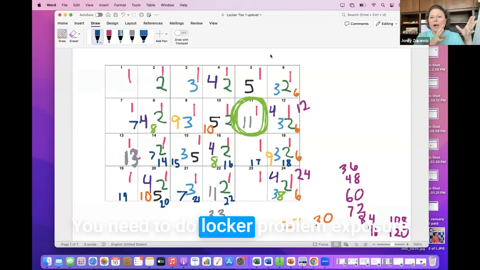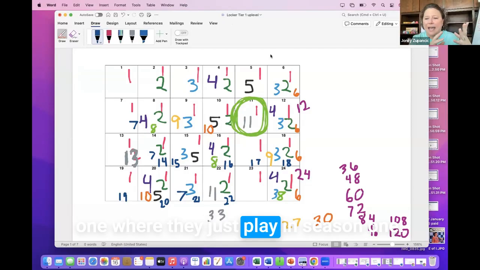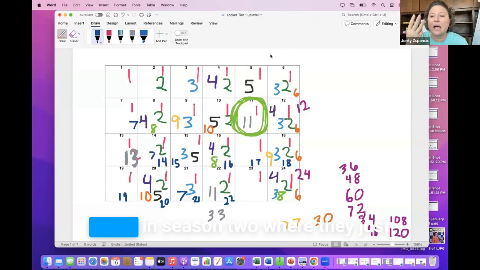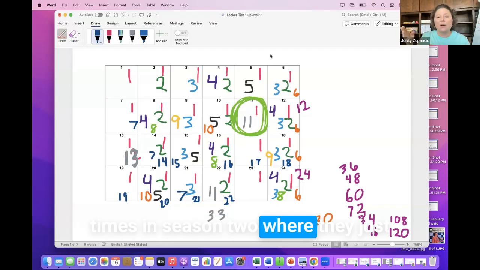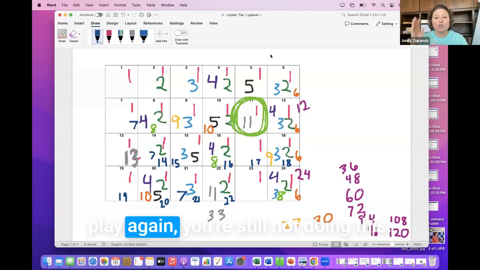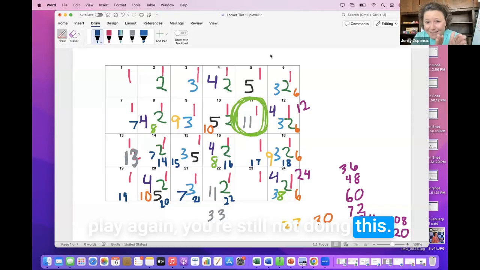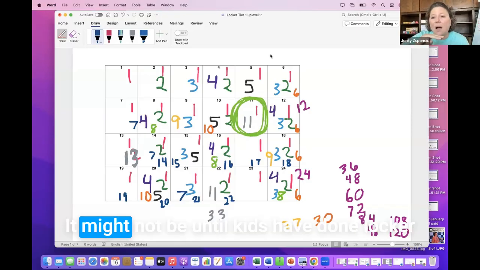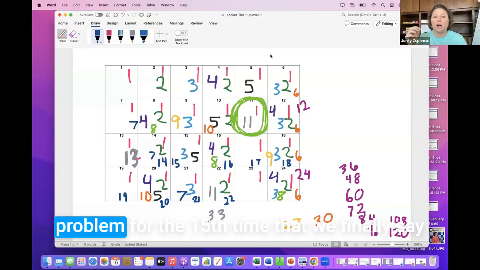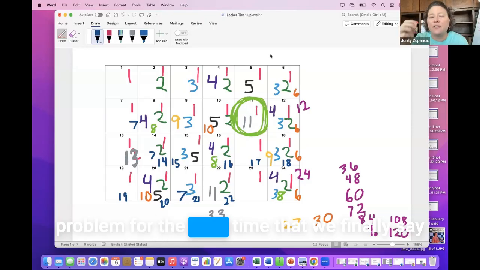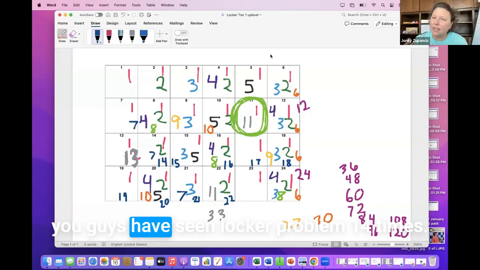You need to do locker problem exposure 1 where they just play in season 1. Then you might do locker problem 3 times in season 2 where they just play again. You're still not doing this. It might not be until kids have done locker problem for the 15th time that we finally say, you guys have seen locker problem 14 times.